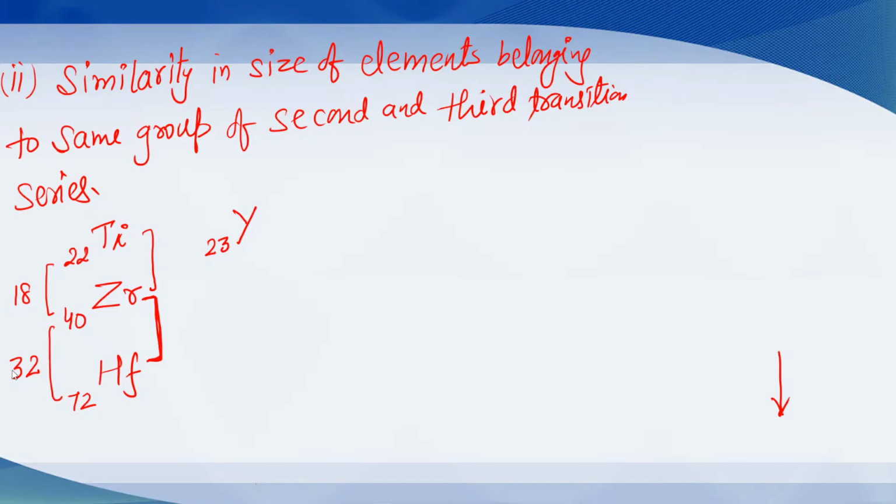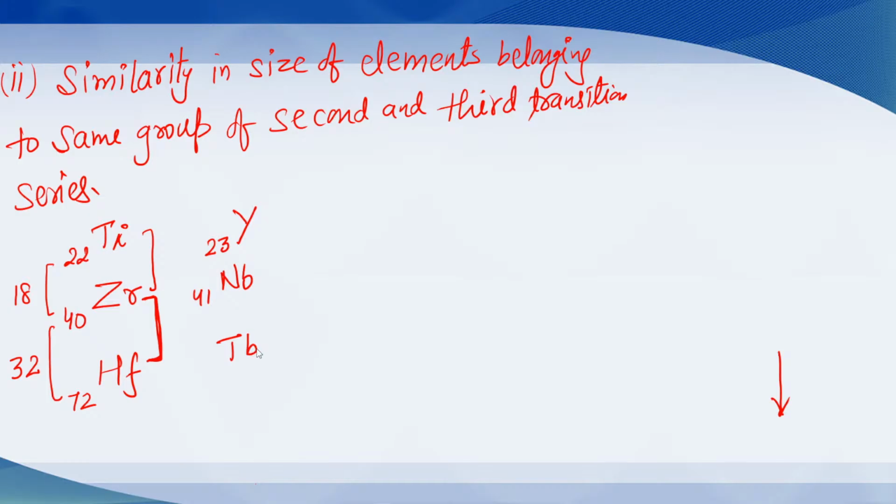Although hafnium is very slightly smaller than zirconium, they have almost the same size. Many times there is a question asking why zirconium and hafnium have almost the same size. So you should write that it is due to lanthanoid contraction. Same